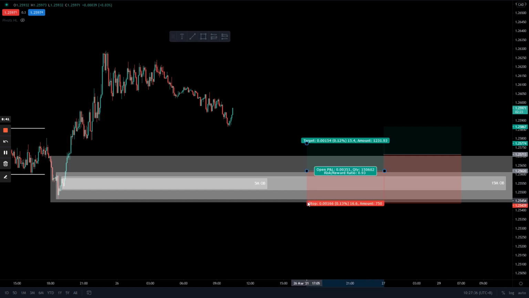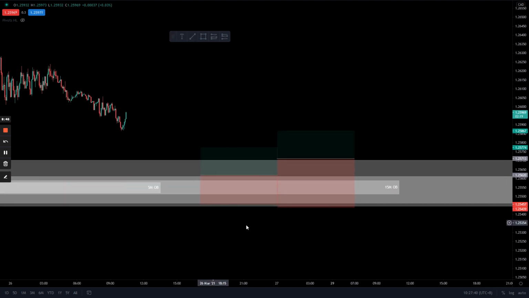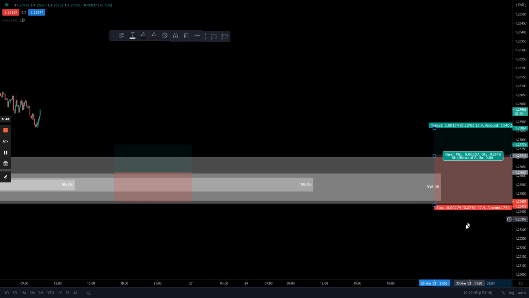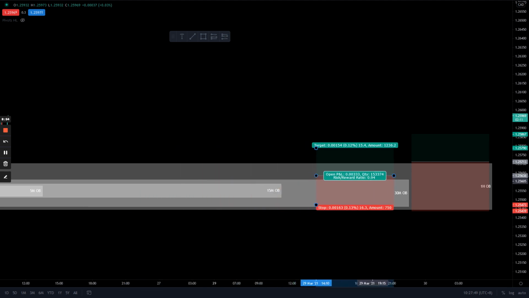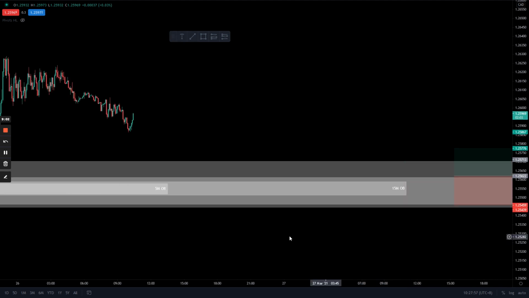That's about a 16 pip stop loss. So I'm just going to move this outside here, so we know that this is for the 1 hour. We know that this is for the 30-minute. Just a few pips down, that's about a 16.3